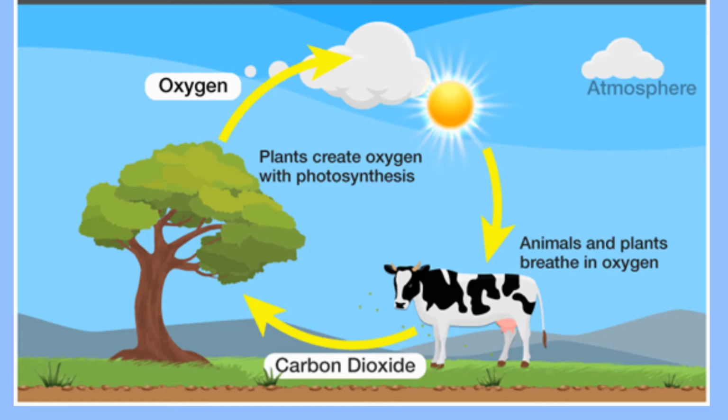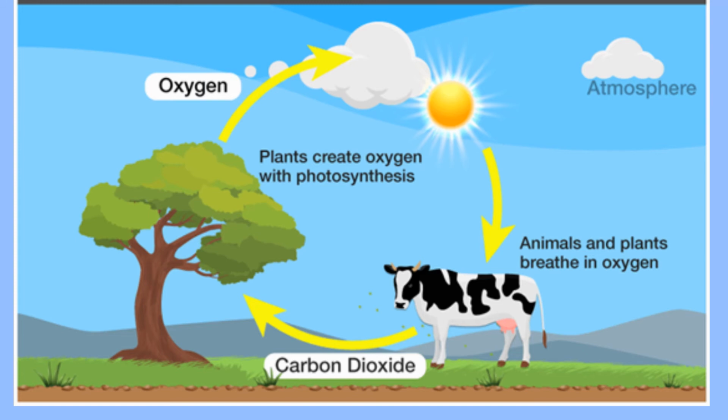We already know that these trees take up carbon dioxide and give out oxygen. So if the trees are removed, there will be no one to take up this carbon dioxide and give us oxygen in return. So this will result in an imbalance of carbon dioxide and oxygen in the atmosphere, and an increase in the amount of carbon dioxide in the atmosphere will cause global warming. That is, the average temperature of the earth will increase, and we know what are the adverse side effects of